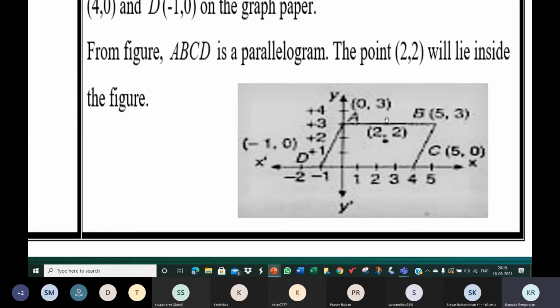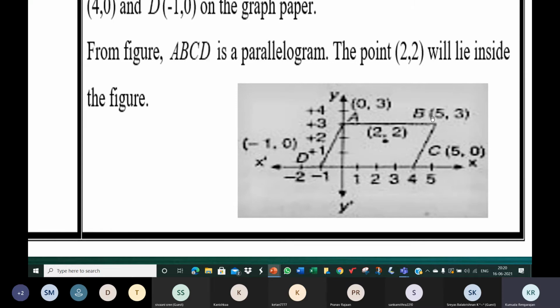These two sides of the quadrilateral are parallel and they're also equal. You can see it here. How much is AB? 5 units. And here also 1 plus 4, 5 units. The property is: in a quadrilateral, if one pair of opposite sides is parallel and equal, then it's a parallelogram.